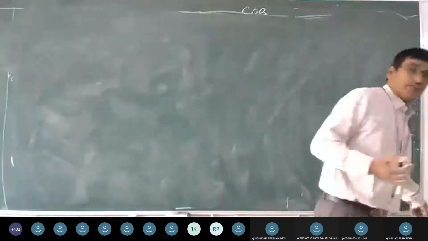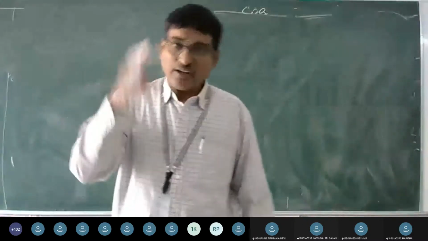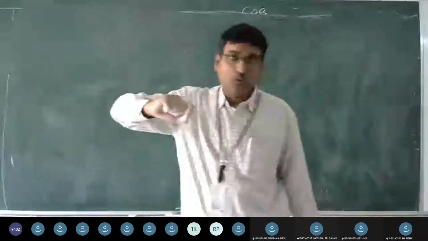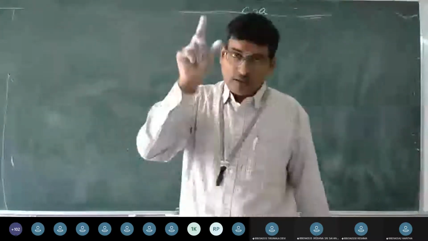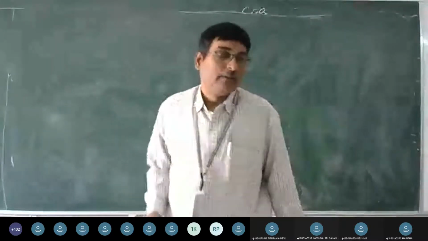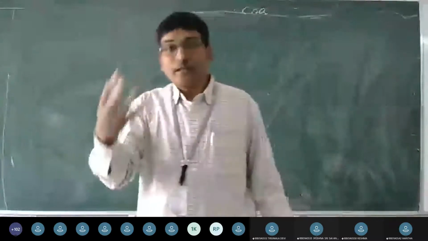What should we do? Instead of searching in the TLB, go and search in the page table. Definitely the item will be found in the page table. Okay, I found that item, I have to give it to the CPU. What should I do? If the TLB is not full, put it into the empty entry. If the TLB is full, again what should I do? So you make a replacement.